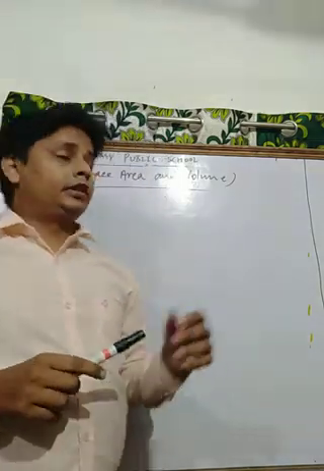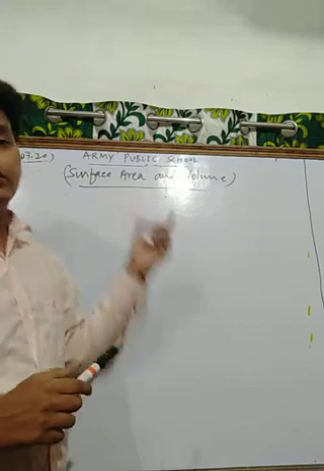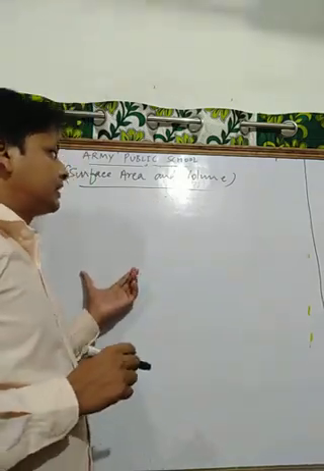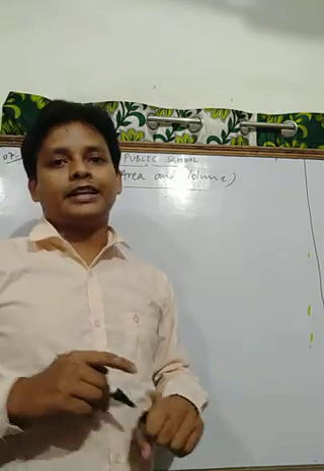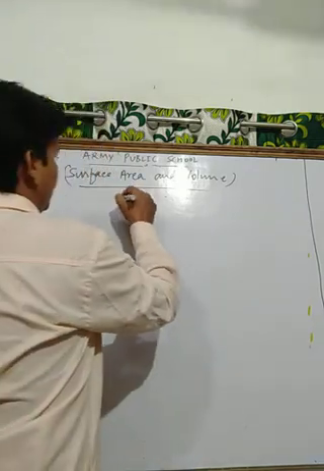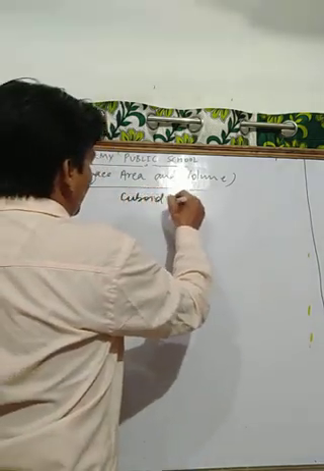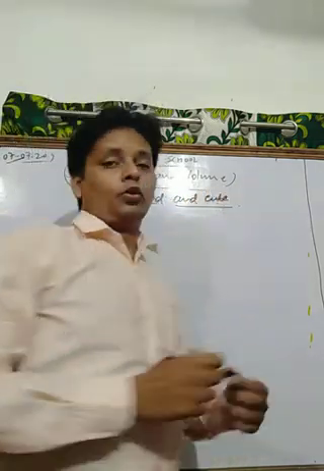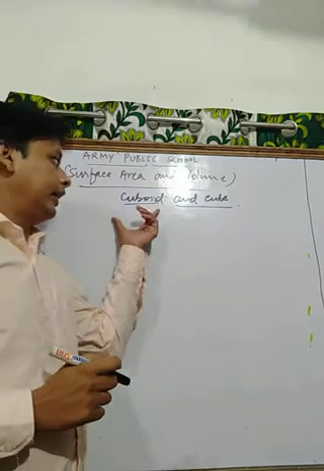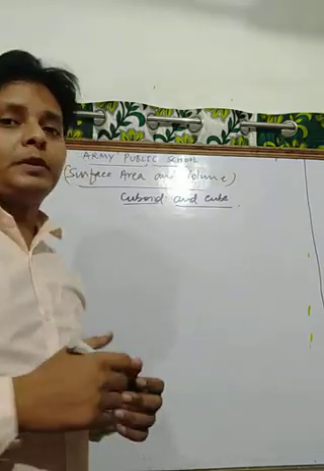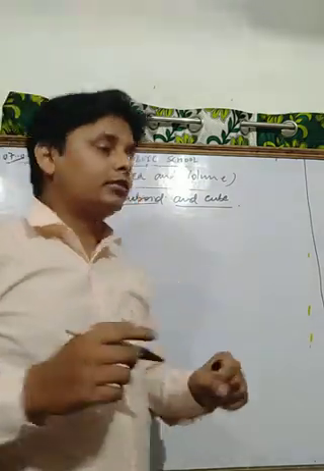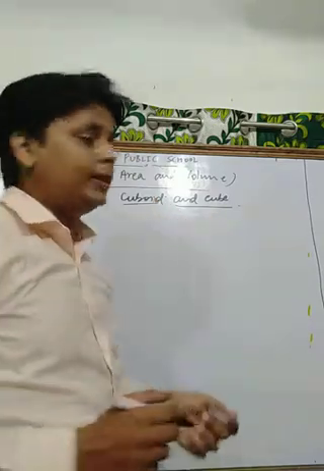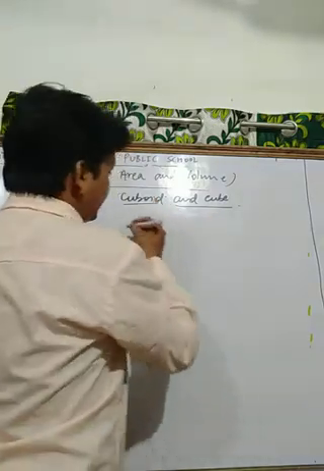In yesterday's class, we discussed the chapter on volume and surface area, and we discussed two shapes, that is cuboid and cube. We solved some questions based on cuboid and cube. Let's see once more the formulas of cube and cuboid. You know that in the previous class we discussed the